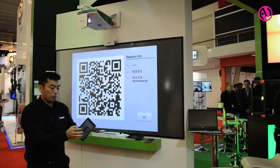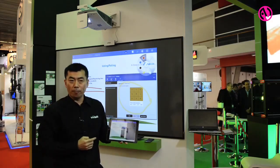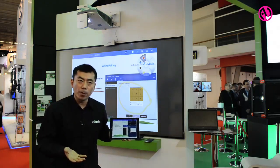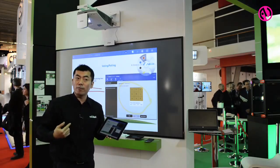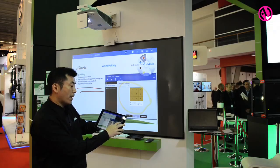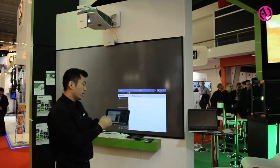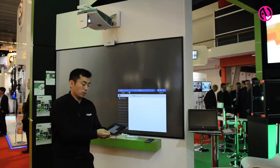So once I have connected to it, me as a moderator, I'll be able to look at the number of people that are in the session and working with me, and I'll be able to also do a certain preview of what they have on their screen to say whether it's something that is relevant to be shown. If I say yes, it's relevant, but I can also do a certain split screen. So I can share partially the content of the device here on the quadrant,